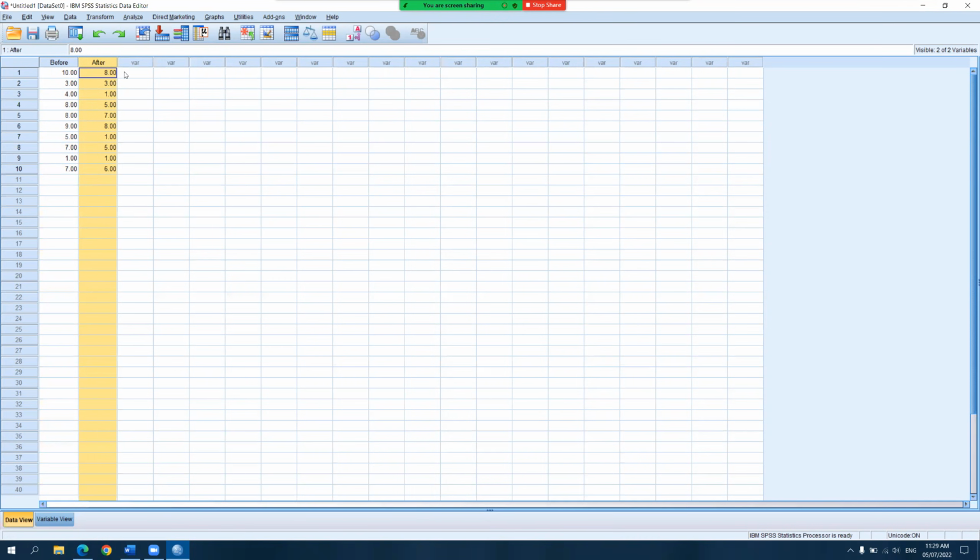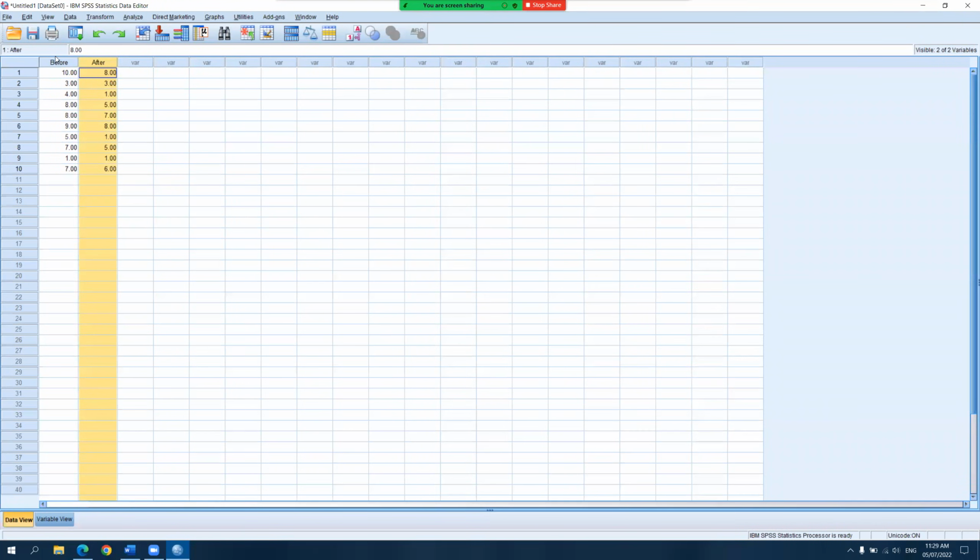Maybe you've noticed that compared to the independent samples t-test, there are some slight differences in how we encode the data. In the independent samples t-test, there is a grouping variable, and all the observations are in a single column. But in the dependent samples t-test, there's no need for a grouping variable.